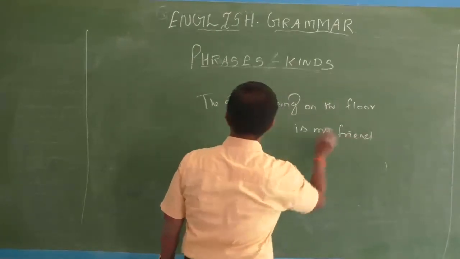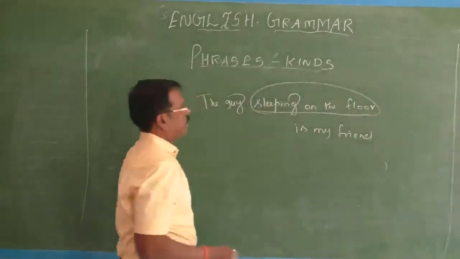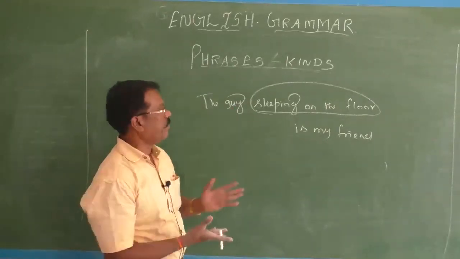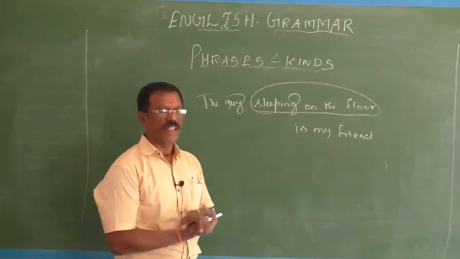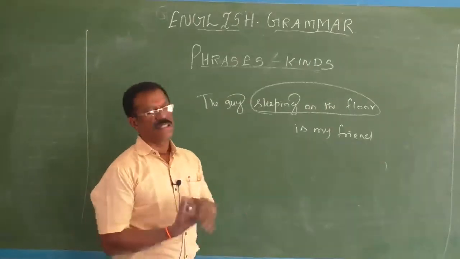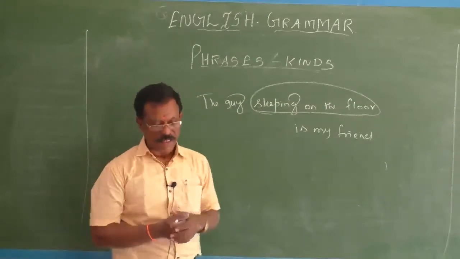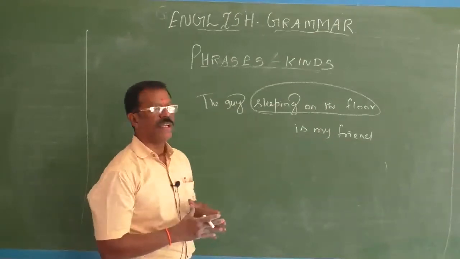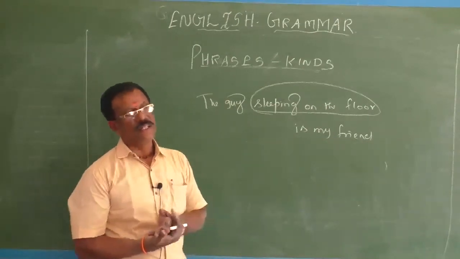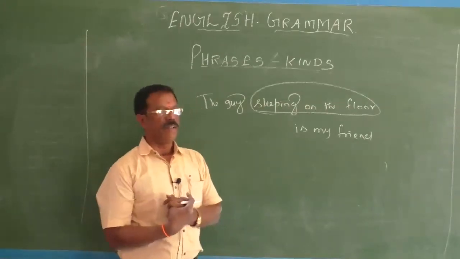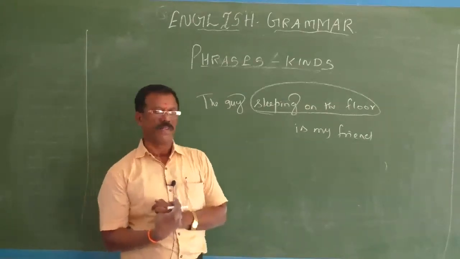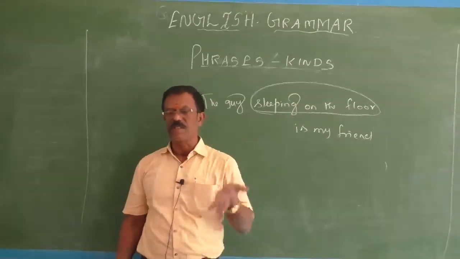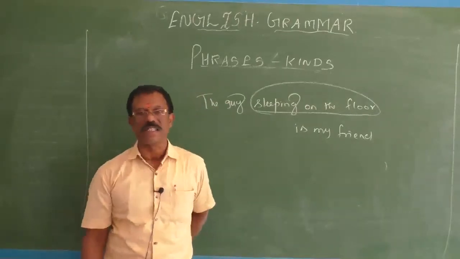Here what's an adjective phrase? Sleeping on the floor. Actually, guy is a noun. It is described by such a group of words, sleeping on the floor. But here we don't have any adjective. It functions as an adjective phrase because it is introduced by the present participle sleeping. Okay, so sleeping is a present participle. So in this way, an adjective phrase can be introduced by a preposition or sometimes by participles. In such cases, you don't have any adjectives in that group. Though it is so, we call such a group of words an adjectival phrase.